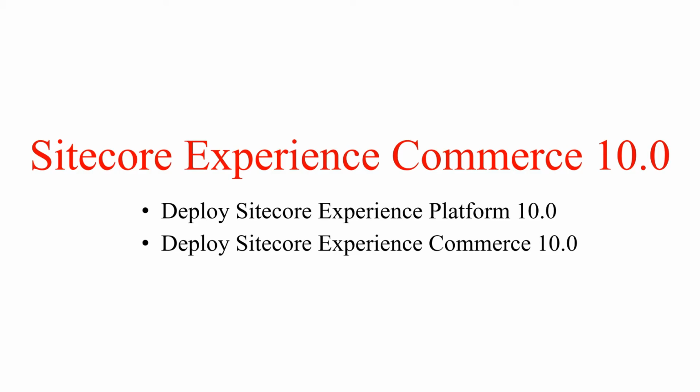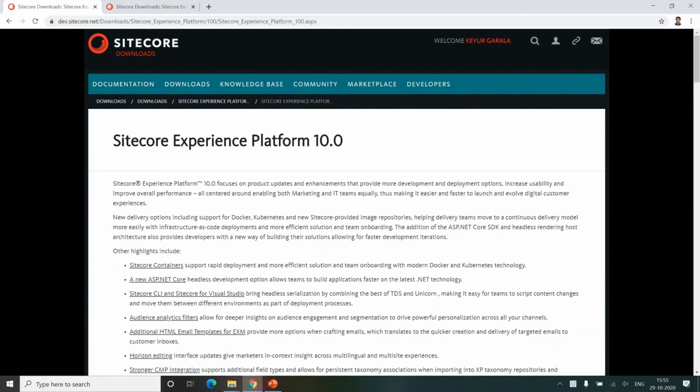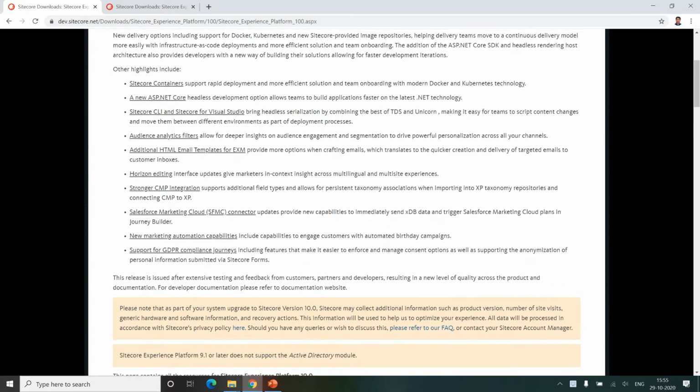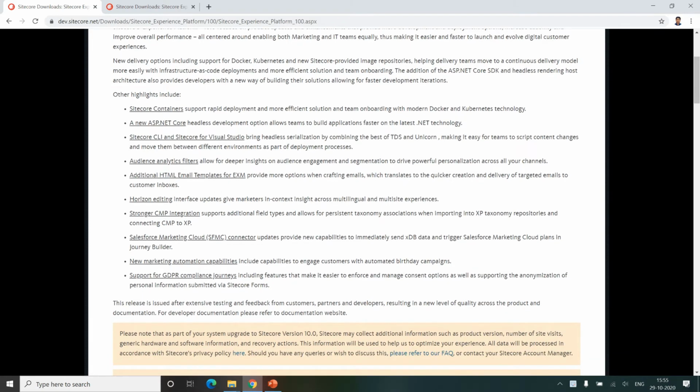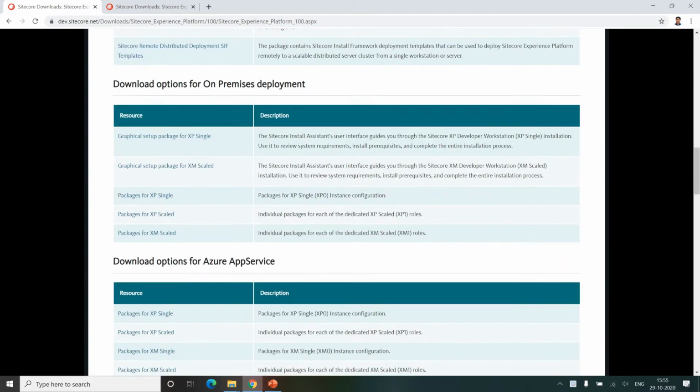So let's get started. For the installation of Sitecore Experience Platform, we require the setup file. So go to dev.sitecore.net and click on the download button. Once you click, it opens the entire Sitecore Experience Platform 10.0 page, which highlights all the new features available in 10.0 and all the packages.